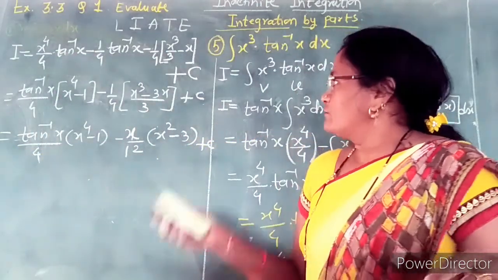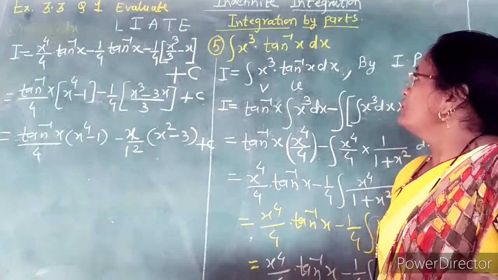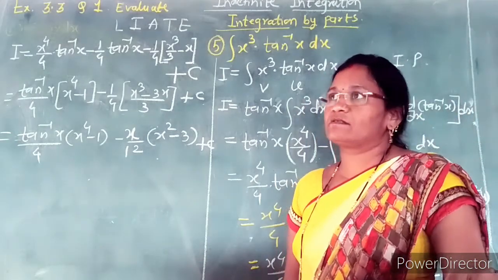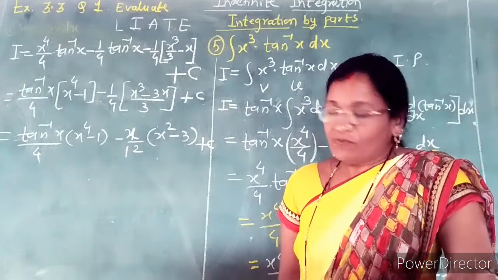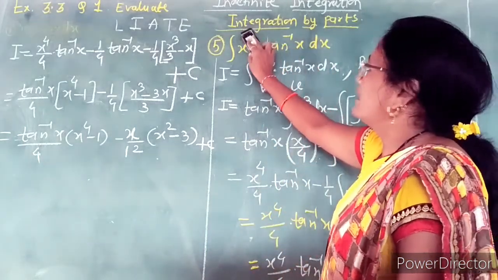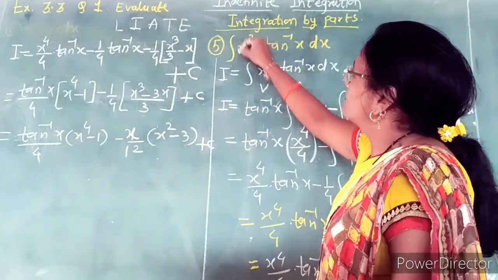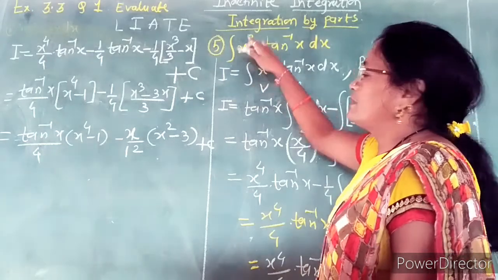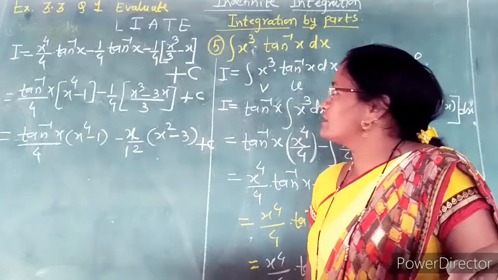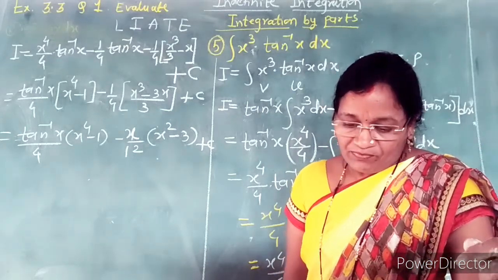Remember that in that question we used the inverse function as the second function according to the LIATE rule. We cannot find the integral of tan inverse x, sin inverse x, cos inverse x directly. We use the by parts rule. Suppose there is only one function, the integral of tan inverse x. Then instead of this term, we take it as 1 into tan inverse x. 1 is the first function, tan inverse x is the second function, and 1 is the v, so its integral and derivative can be found.